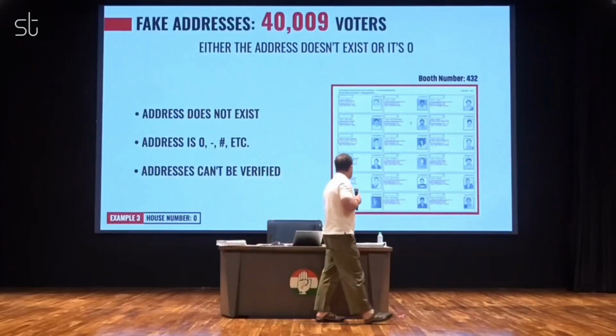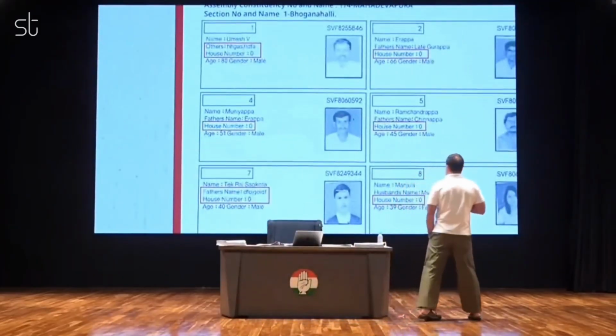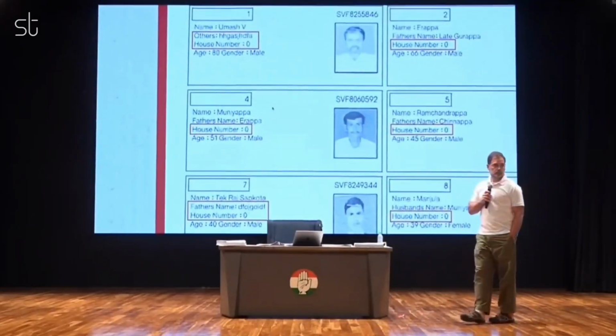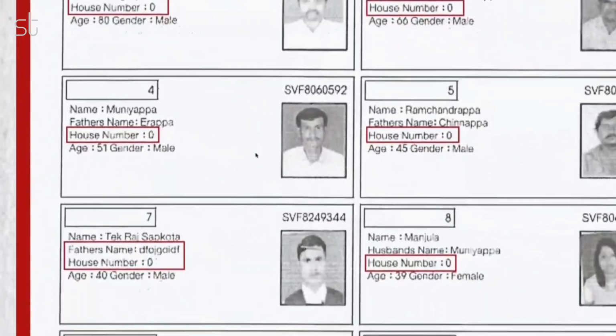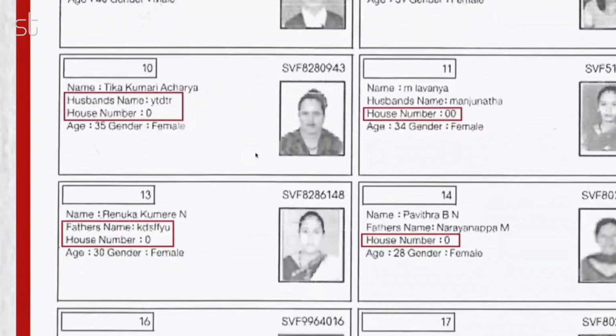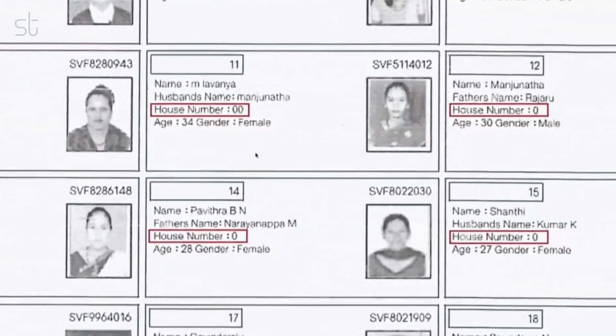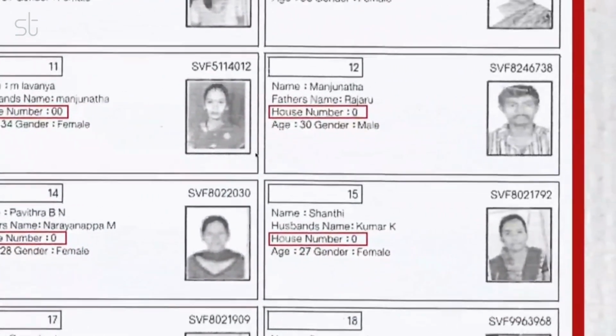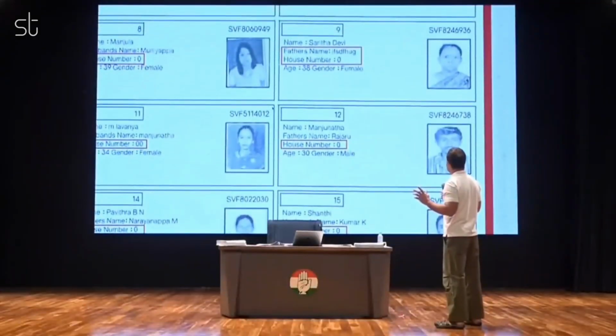Zoom in. House number 0. No, you're laughing. There are thousands and thousands of these people. No address, house number 0. House number 0, house number 0. 0. House number 0. Father's name,